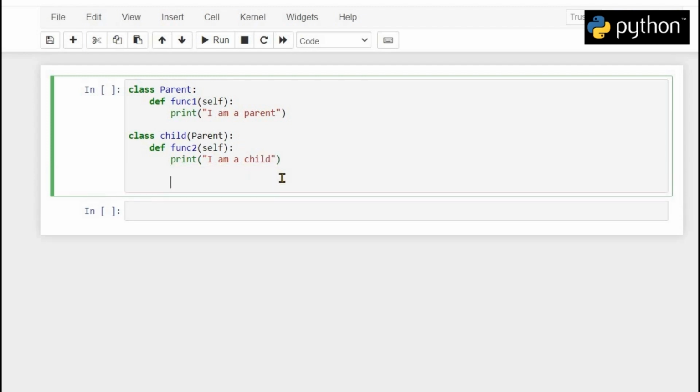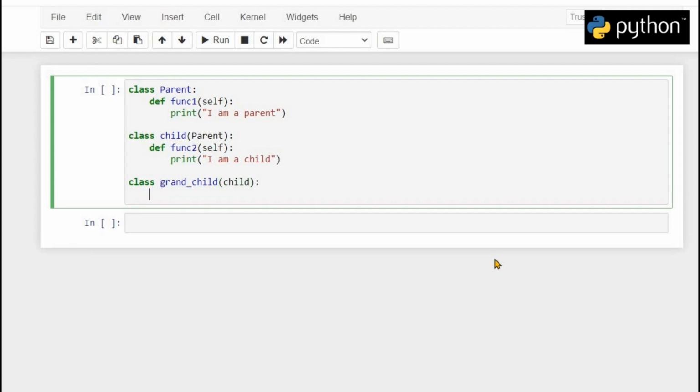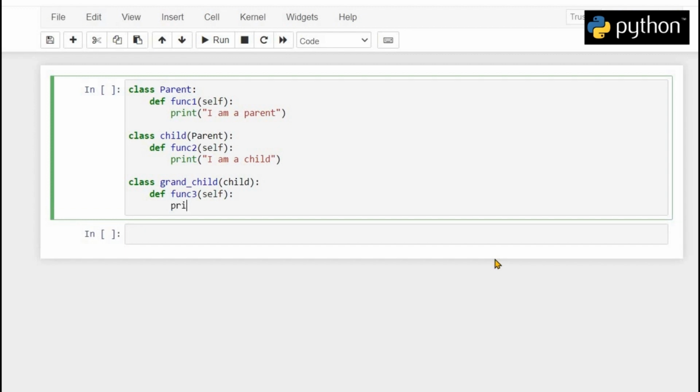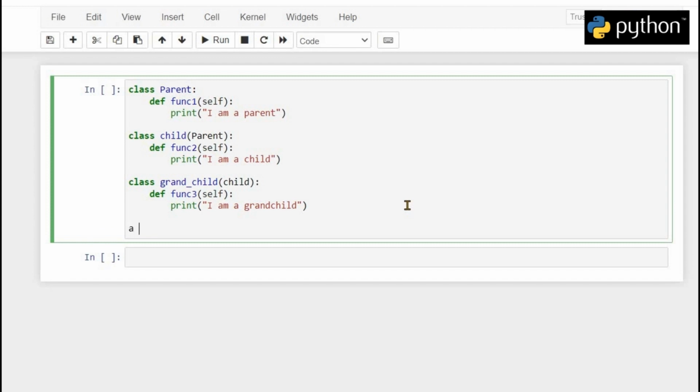And let's say now we want to inherit the properties of this child class into another class, so let's say class grandchild, which inherits the properties of the child class, followed by function 3, where we just tell that I am a grandchild. Now if I instantiate an object of the grandchild,